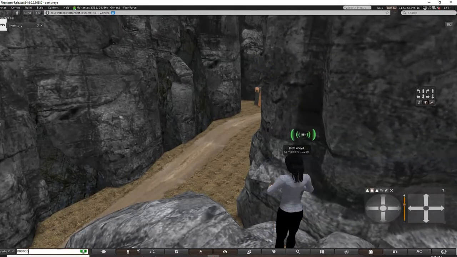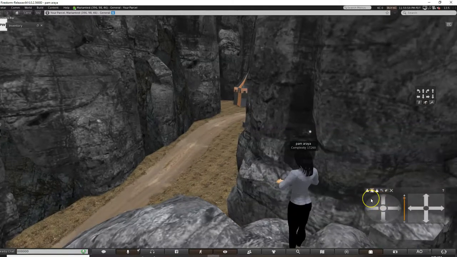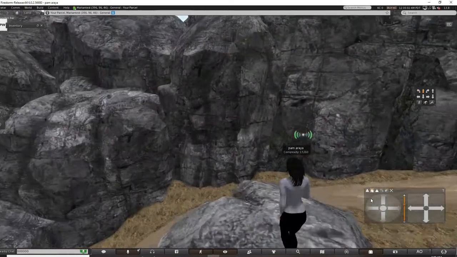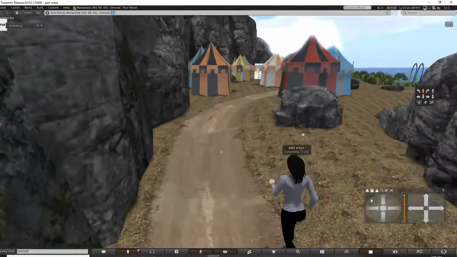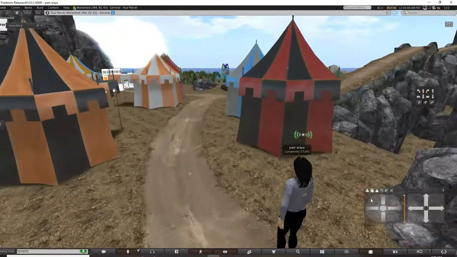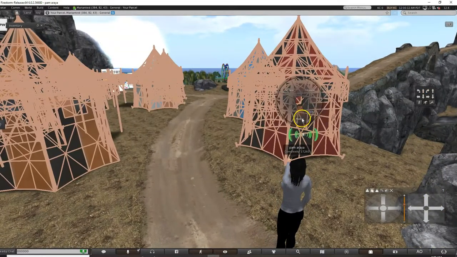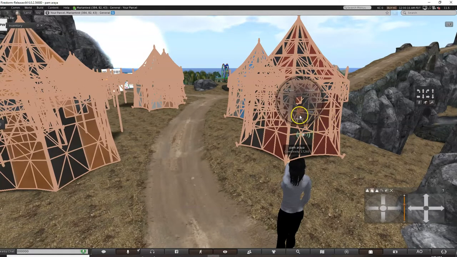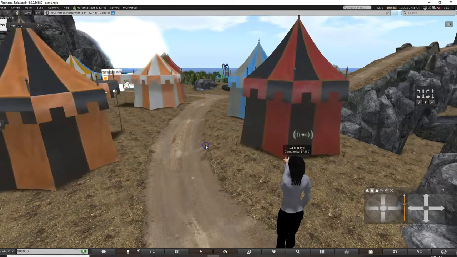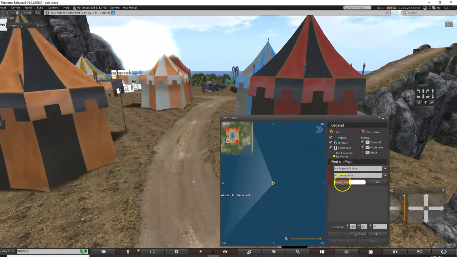My next lesson will probably be about teaching you how to move and give your avatar a little more personality. I didn't really do much with my avatar, kind of like myself, I don't do much with myself. I don't wear makeup. I don't really dress up or anything. So that's why I can't take a copy of this, but that's okay. Okay, so I'm going to go to the freebie mall now.